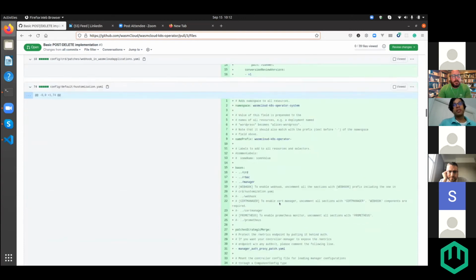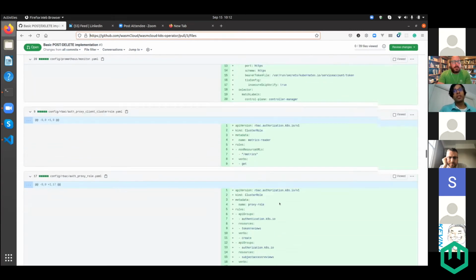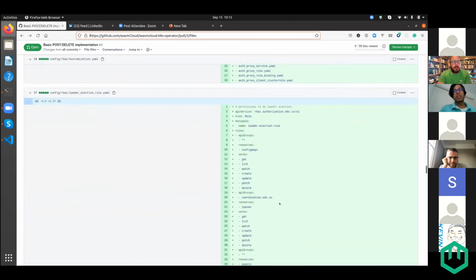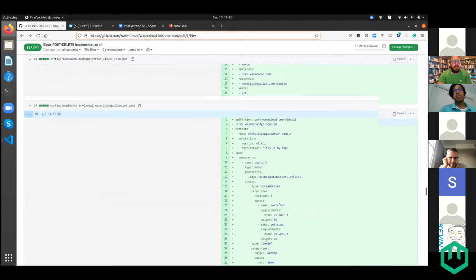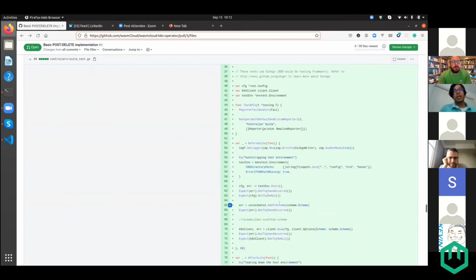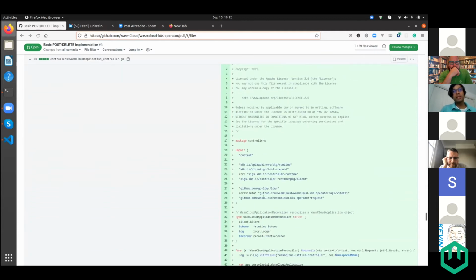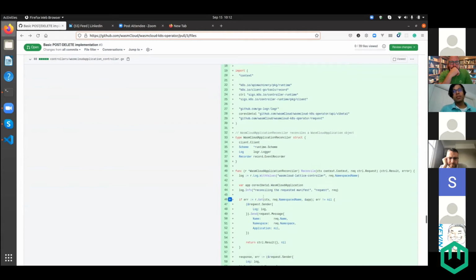The controller itself is very similar, but uses slightly different constructs. I'm just scrolling through to where it is. This is refactored now, so it brings in the tests after some comments that were added. So we're looking at setting up the tests here, and also at how the reconcile loop has changed to bring stuff in.